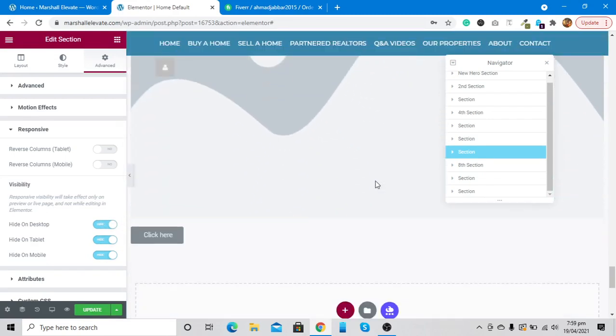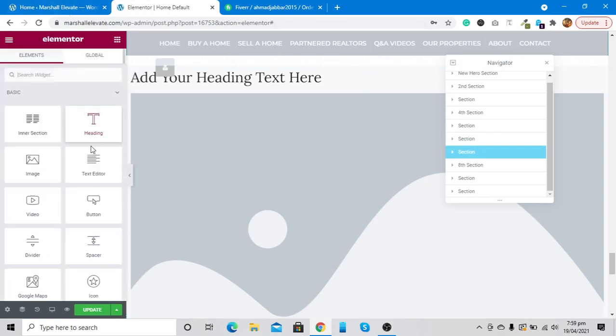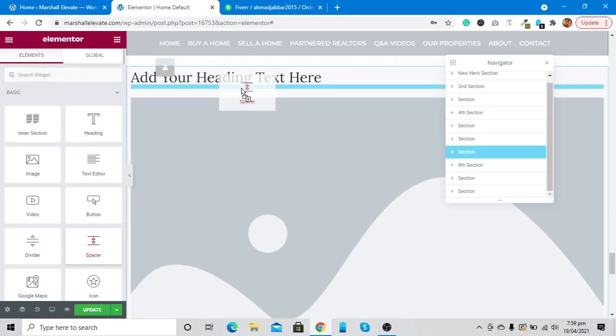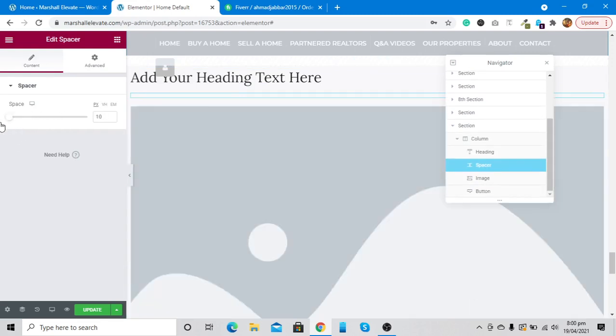So the next thing, where were we? We were talking about the Elementor section. A section has a column, and a column has widgets. Widgets are like stacks placed above each other, or you can say that you can place them between two widgets or below a widget. For example, let's say I want to add some space between this heading widget and this image here. So I can place a space here, and I can use this to increase or decrease the space,